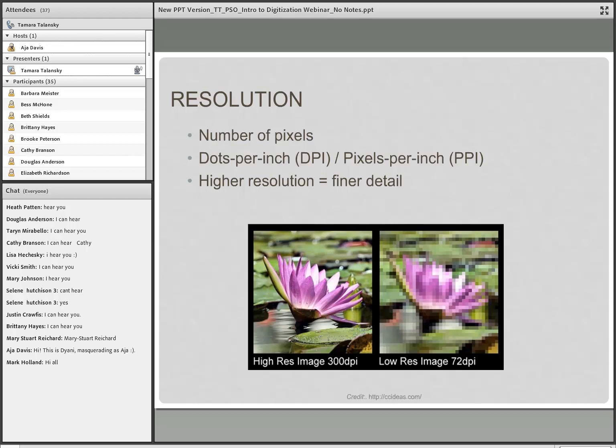The next element I'd like to talk about is resolution. Resolution is determined by the number of pixels used to present an image. It is expressed in dots per inch, or DPI, which usually refers to the number of dots of ink in a printed inch, or pixels per inch, PPI, which usually refers to the pixel density of on-screen images. In either case, they are both a measurement of pixel density. Commercial scanners generally use the term DPI, so you may be more familiar with DPI.